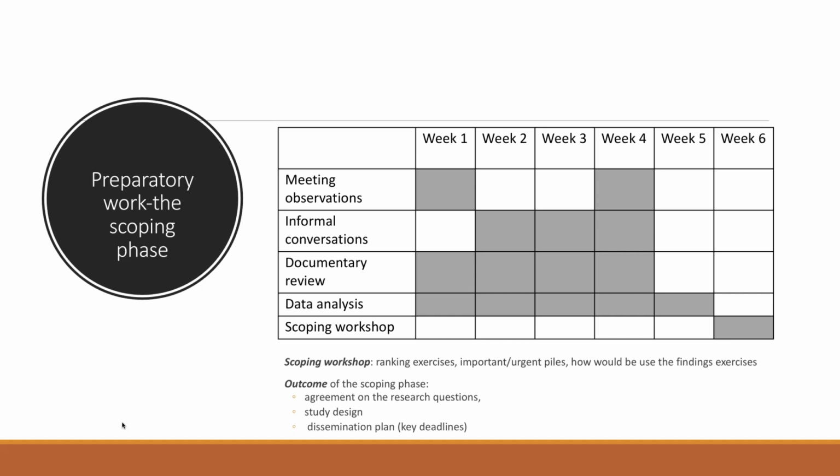Then we would take all of that information and try to develop at least our general understanding of the area that we will be studying. We will try to propose some potential research questions, a potential study design, and a dissemination plan. The idea is we then bring together all relevant stakeholders into a scoping workshop, though it could be something as simple as a meeting. The idea is to start teasing out some of these proposals for the study, and to come together and co-design, or co-produce, these.